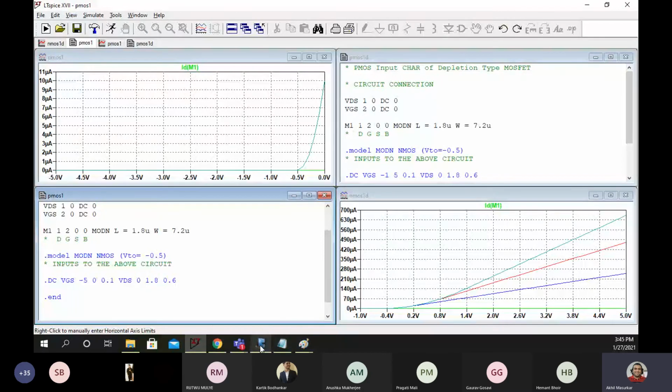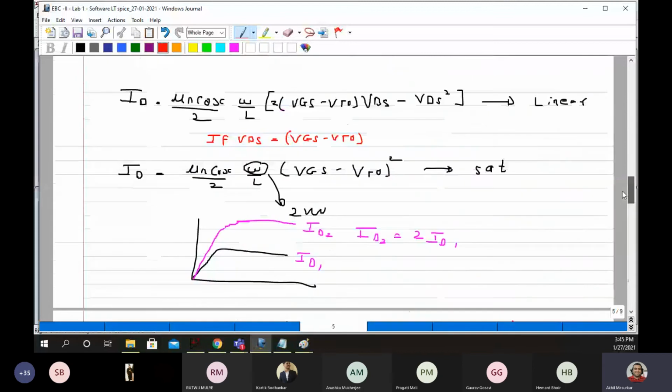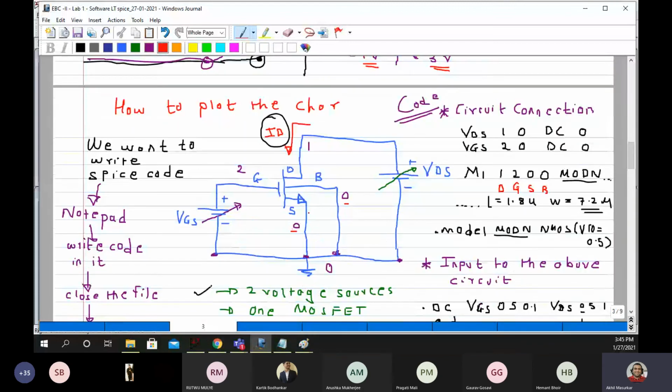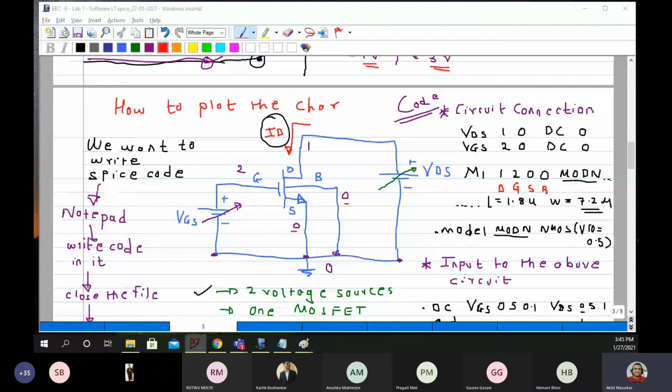So my suggestion to you is first you start with this circuit. First you start with this one. So here you will have to reverse the polarity. VGS is negative. Consider this circuit for PMOS first.